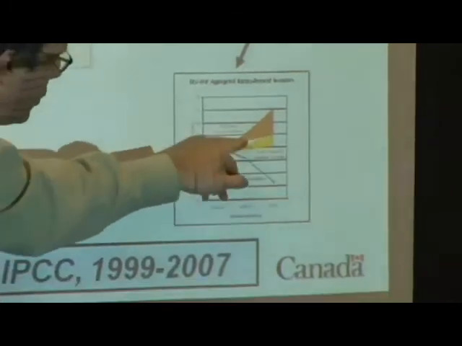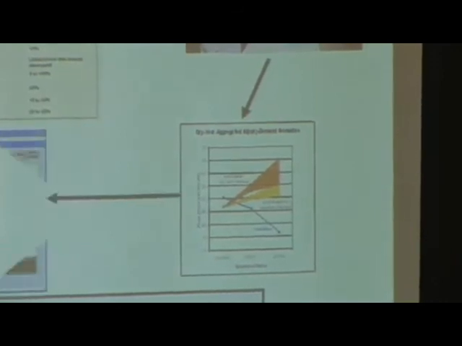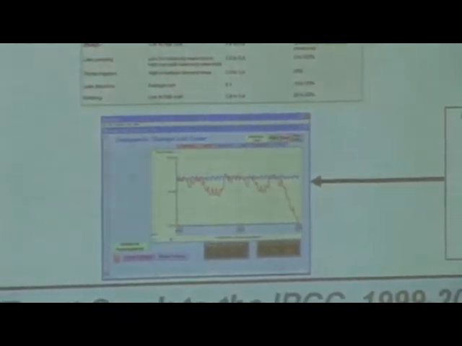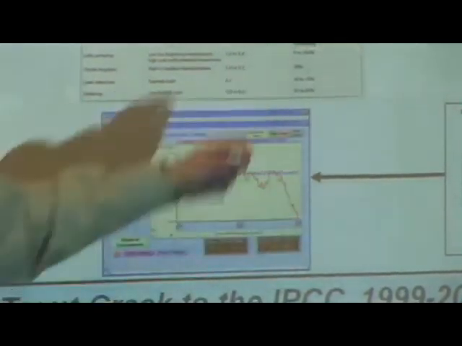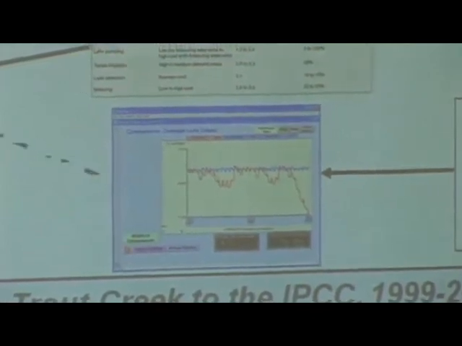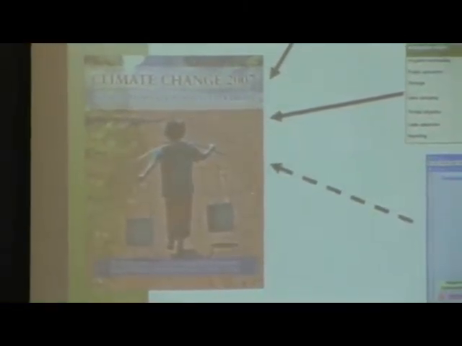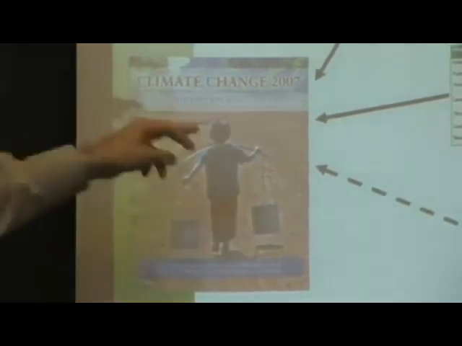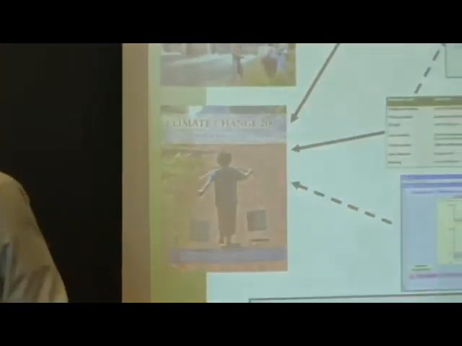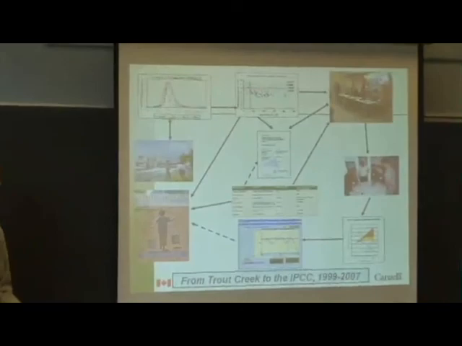And this yellow bit, which shows how demand could be reduced by residential adaptation, is not enough to stop that dry year water shortage. And if you were to solve the problem by putting all of your pipes in Okanagan Lake, the farmers would get the water they need, but the lake level would start to take a hit. So you can't solve your problem by sticking your pipes in the lake. This kind of conversation led the leaders of the water chapter in the 4th assessment report to specifically ask me to send them a text box to include in the water chapter. So from Trout Creek to the IPCC, this is an 8-year journey that involved a shared learning experience that enabled us to create extension agents in the region so that they